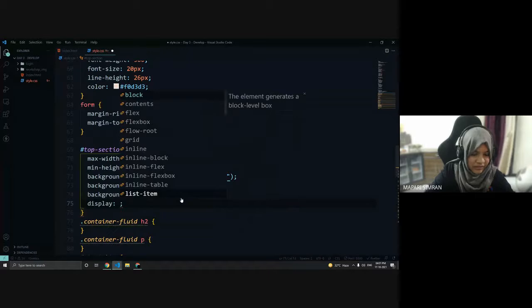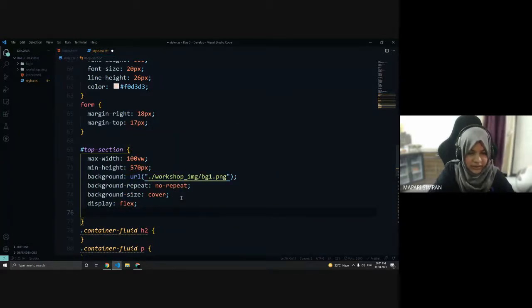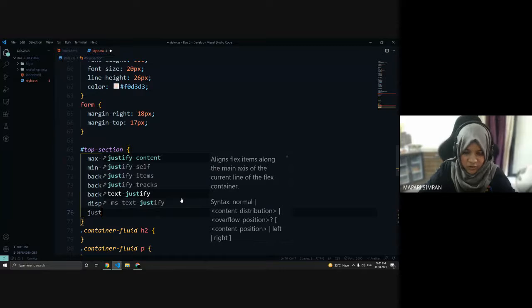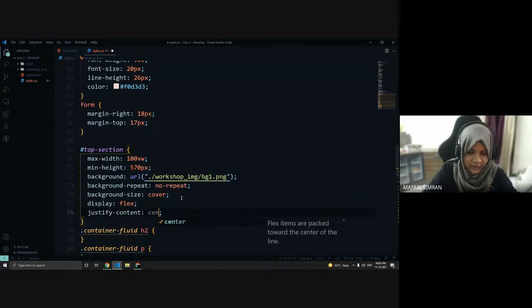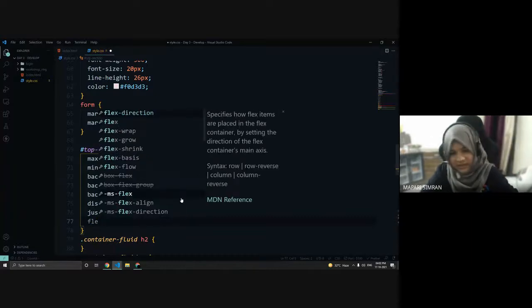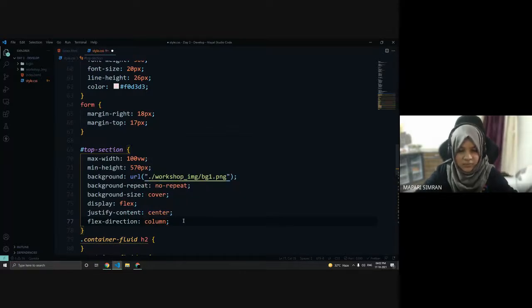So we can give display flex to it, and let's give justify content as center because we want all at center. And after that, let's give flex direction column, because by default the flex direction is row, so we'll have to give it column so that it comes in a column.